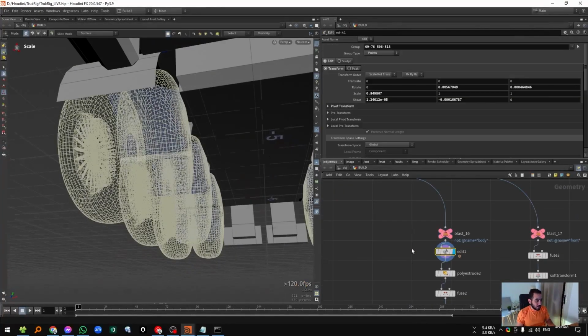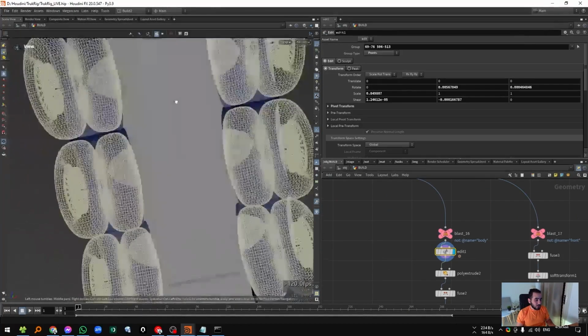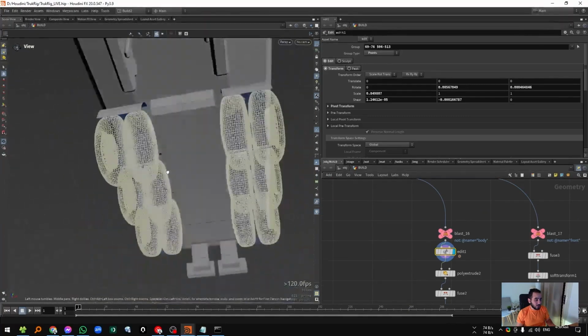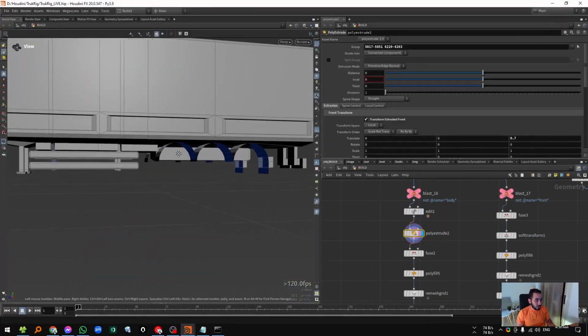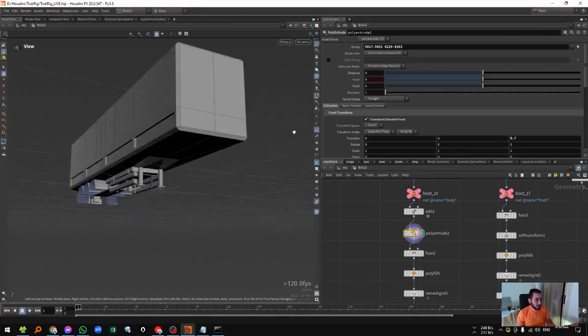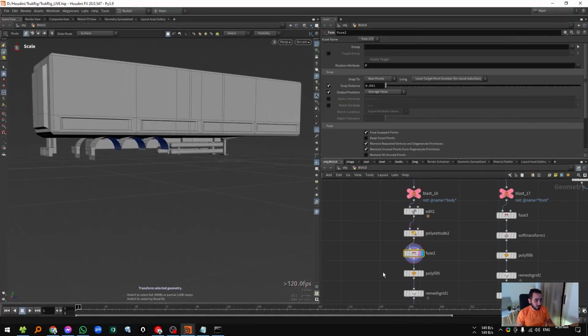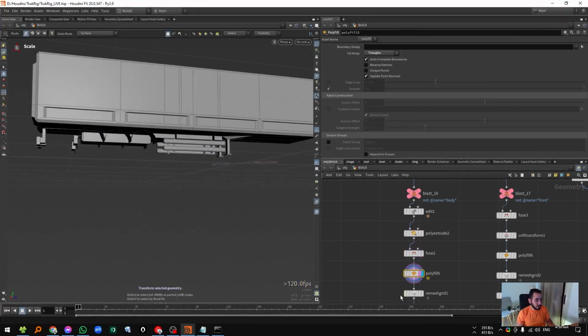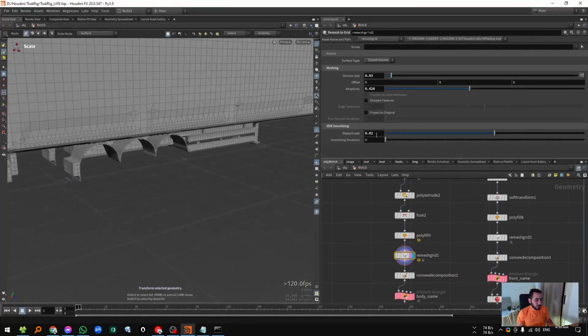So here I edit or nudge these polygons a little to make it collision free. Made some poly extrude for specific edges, and fused geometry together, polyfill, and made a unified mesh here